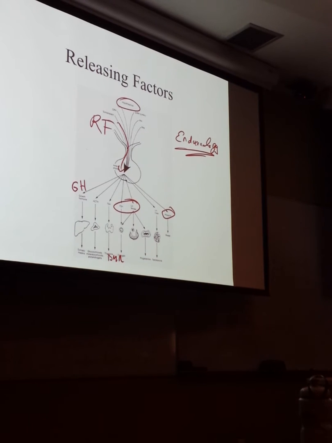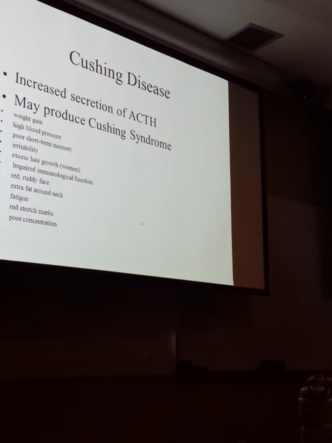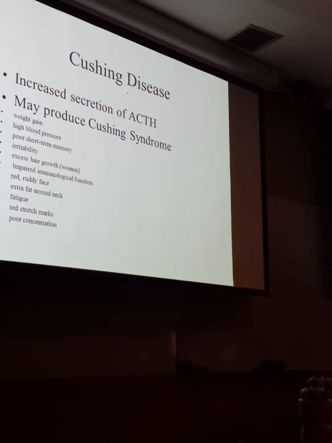Anyway, let's look at a little bit more detail. I chose a couple of these to kind of look at. So I picked out 4 diseases that you need to know in this class. The first is called Cushing's disease. Cushing's disease is an increased